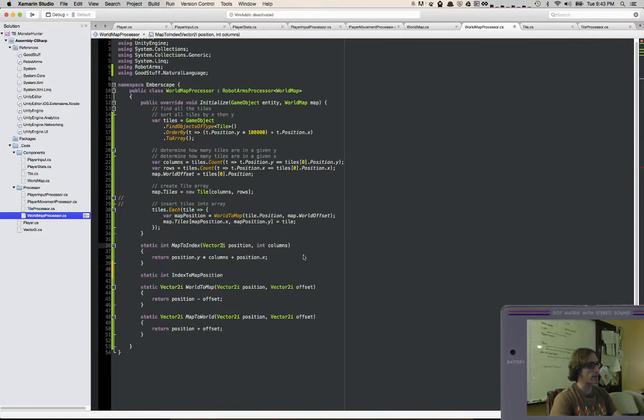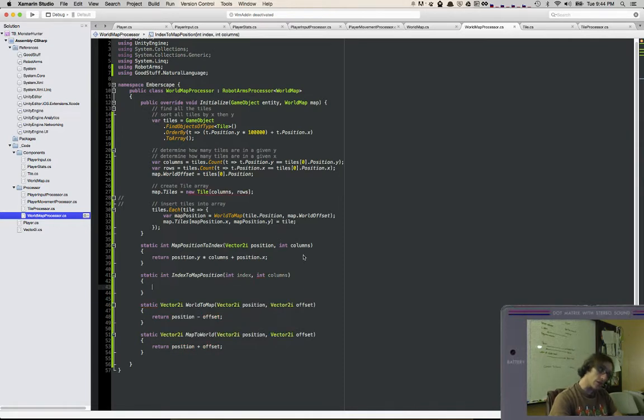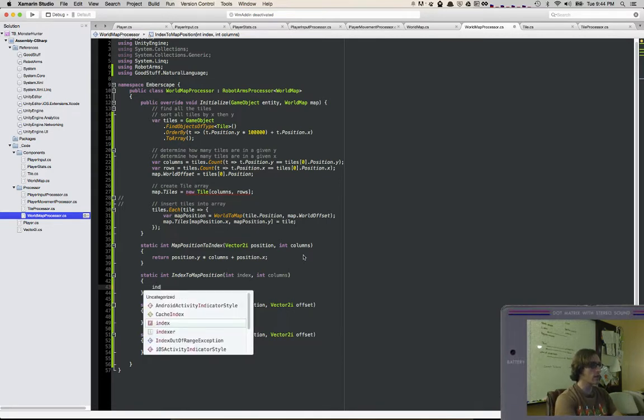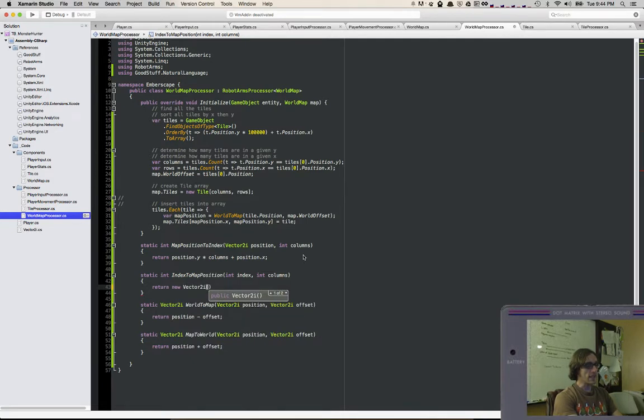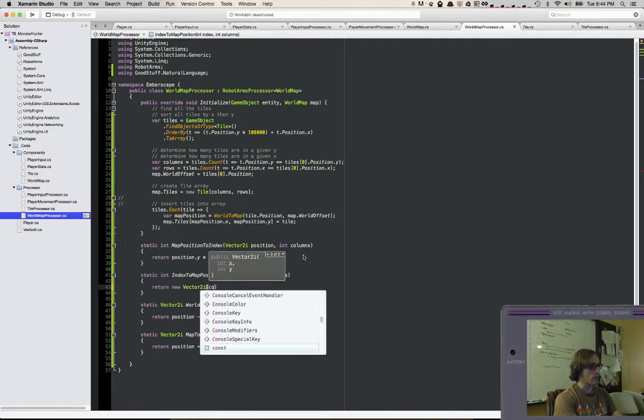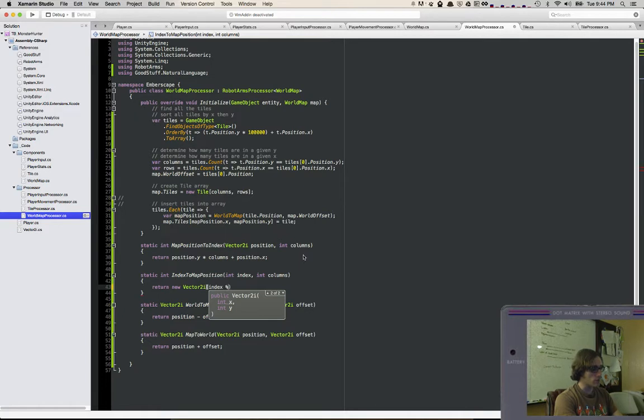I think that's a bad name actually. I think this should be map position, just to indicate that it's like an XY. So we have an index and number of columns, and now we get to go the other direction. So the x is going to be the remainder. We're going to return a new vector 2I, and the x value is going to be the index modulo the columns, because we want the